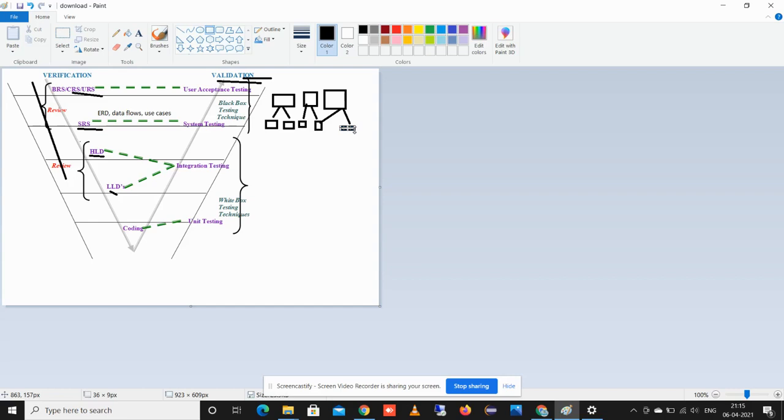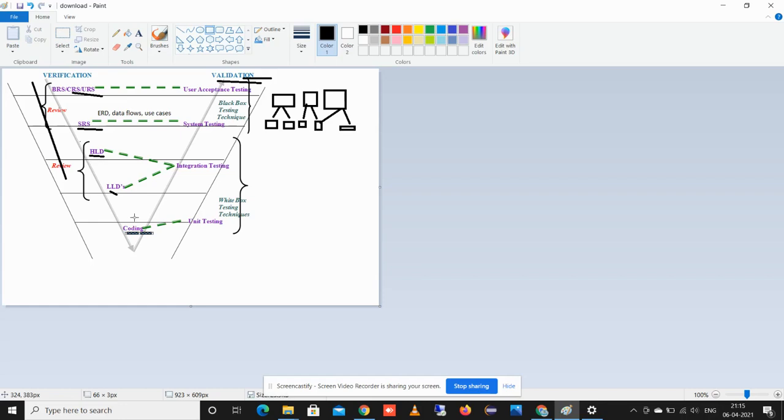The main module is divided into sub-modules, where HLD contains the main module's information and LLD contains the detailed information. HLD and LLD are done by the designer at the designing phase, and once the designing phase is completed, development starts the coding based on the low level design. This is all the verification part. This is done on the documentation part.